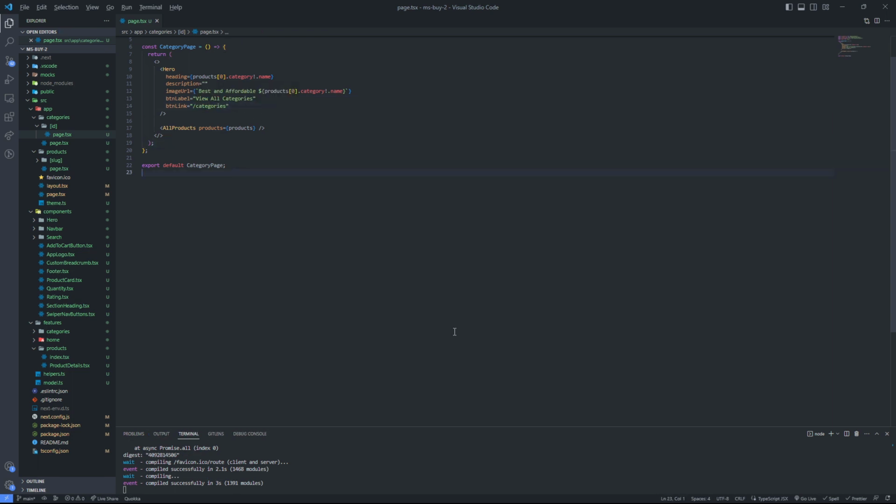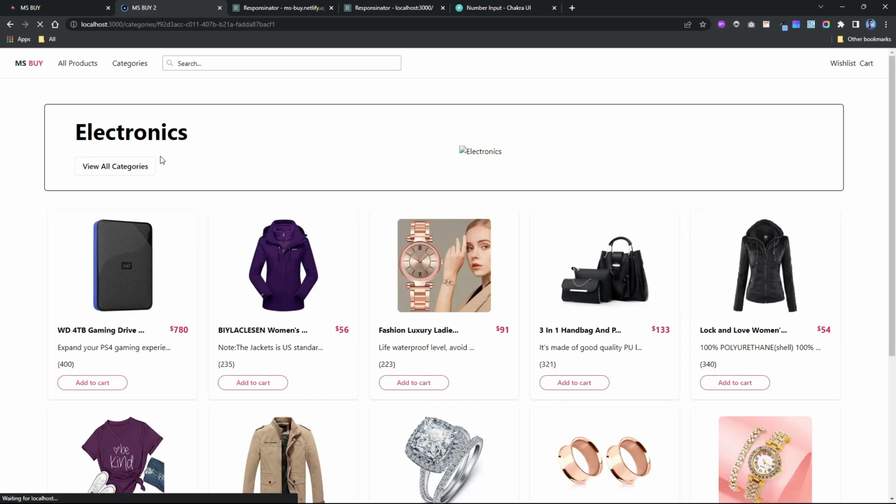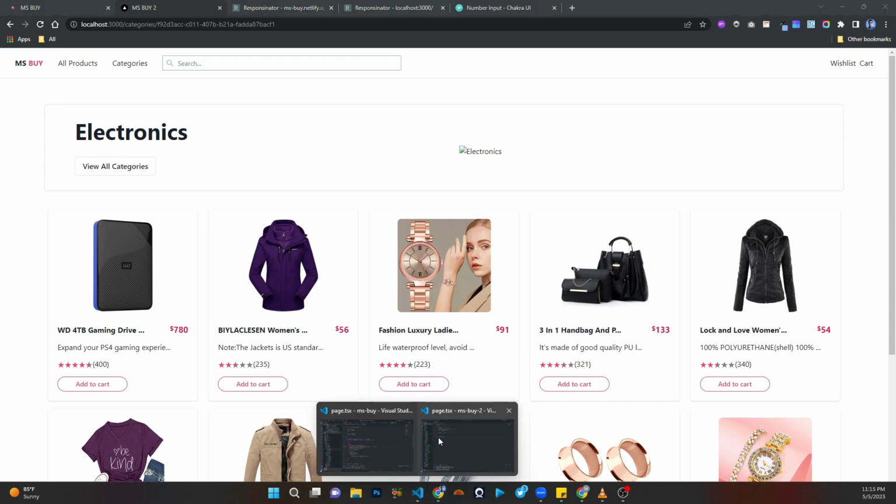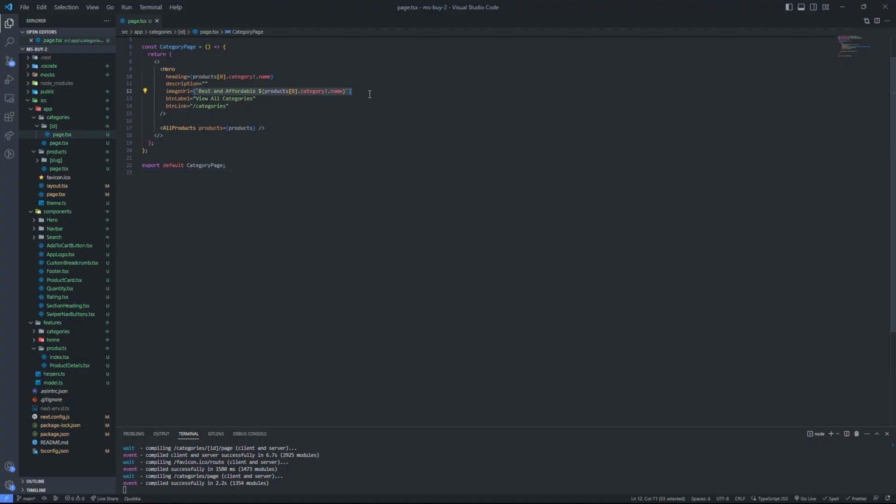Alright, if I save this and I go check here, I don't think we should have a 404 again. And yeah, we have this working, and I think we are not actually showing the image here, so let's fix that. This is supposed to be for description, not image URL, and the image URL is going to be